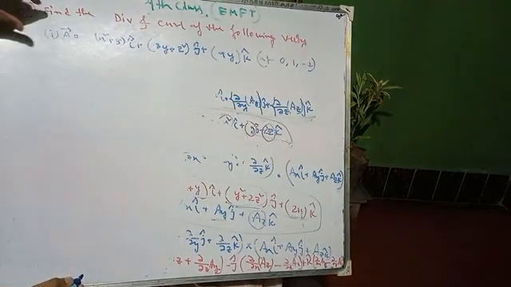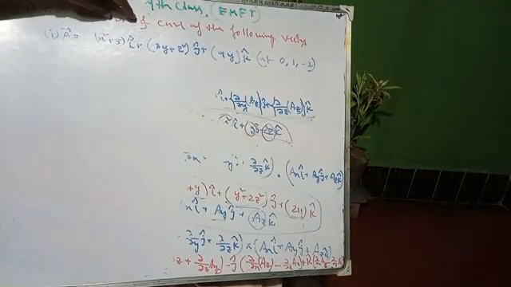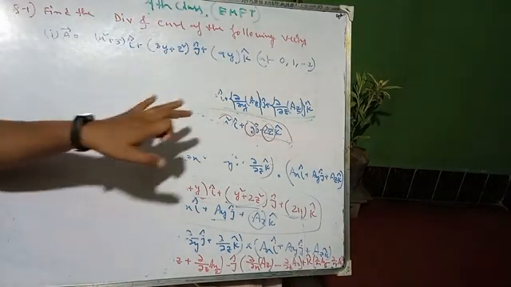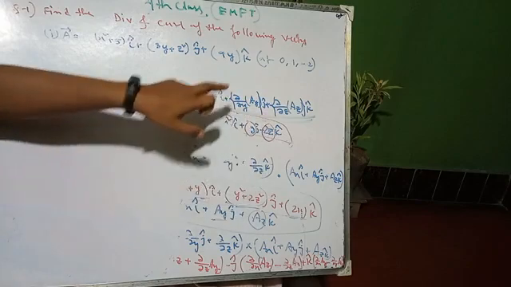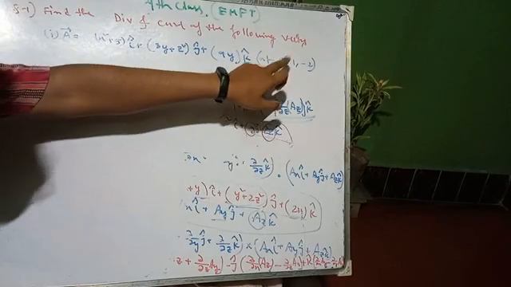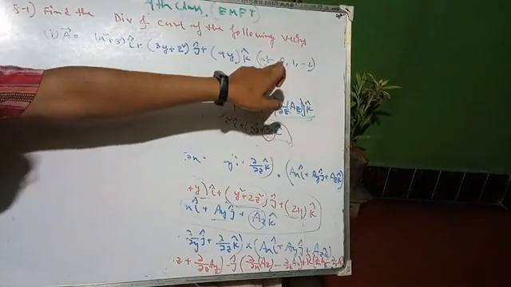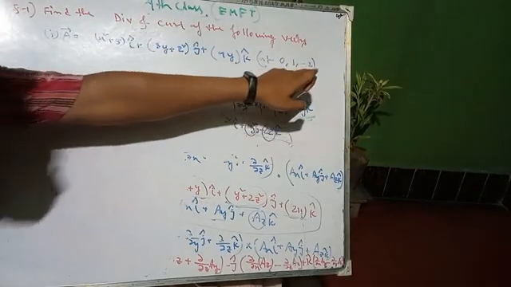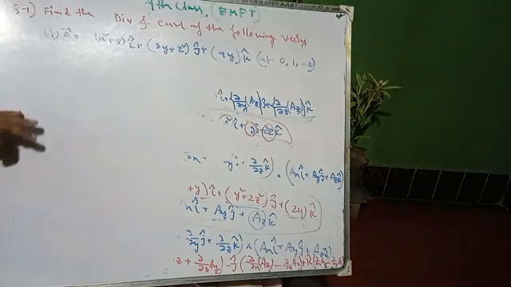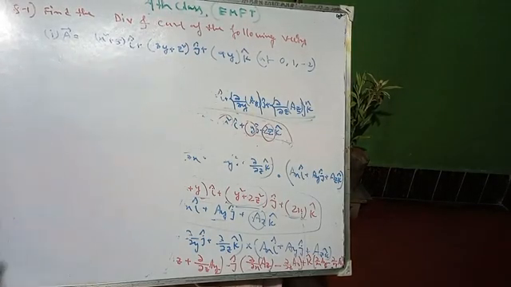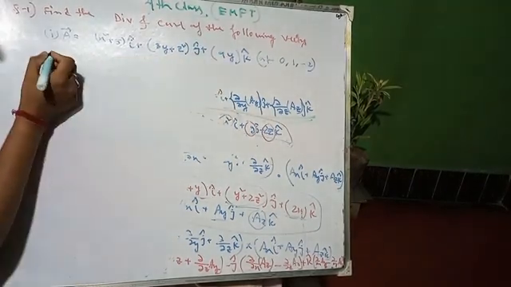That means after performing this divergence and curl, if we get something x, something y, something z, then just put the x value as 0. After finding divergence, just put x equals to 0, y equals to 1, z equals to -2. Okay, over the result. And similarly, to find the curl, you have to perform the same thing.